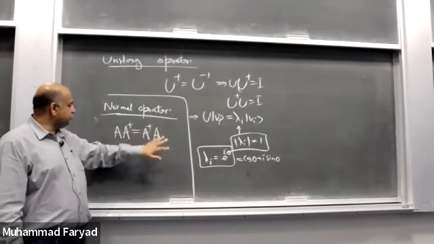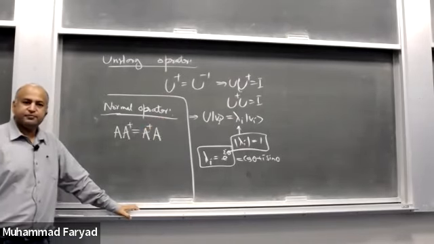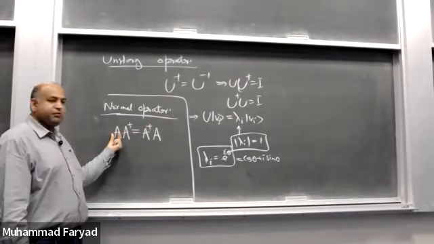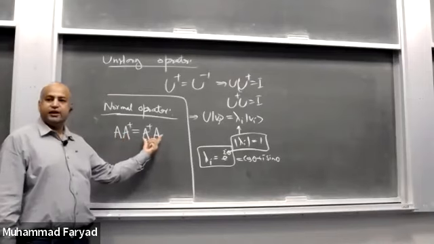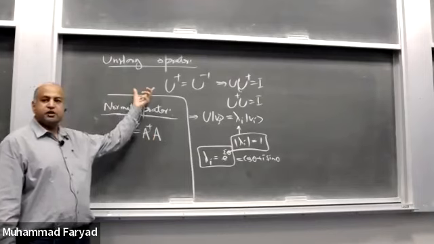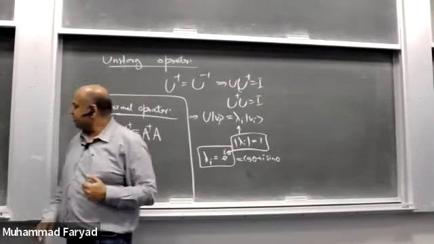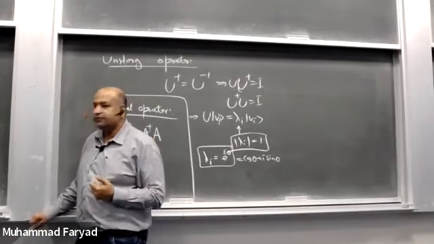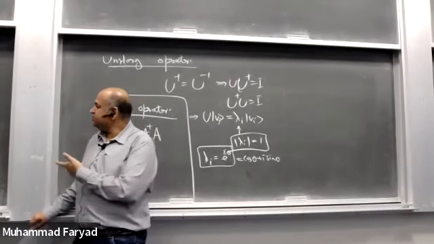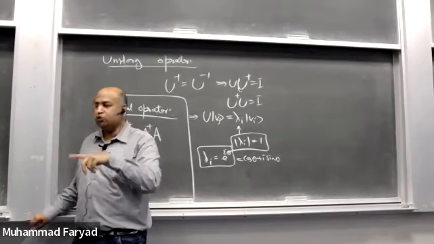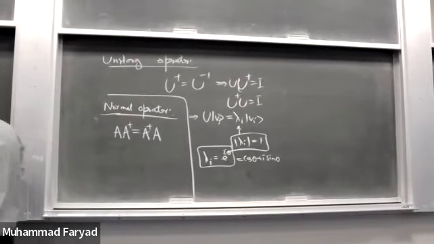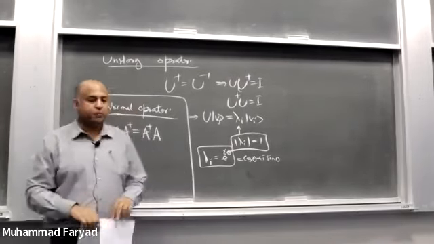Hermitian operator, what do you think? They should be normal operator or not? They should be normal operators, क्योंकि Hermitian में a dagger वैसे ही a के बराबर होता है. So Hermitian operators are normal operators. Unitary operators are normal operators. What about projector operators? They're also normal operators, क्योंकि P स्क्वायर वैसे ही P के बराबर है और their Hermitian operator, P is equal to P dagger. So it means projector operators are also normal operators.